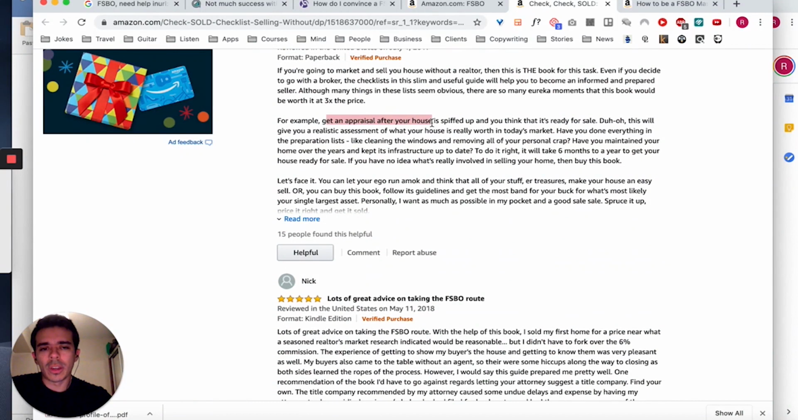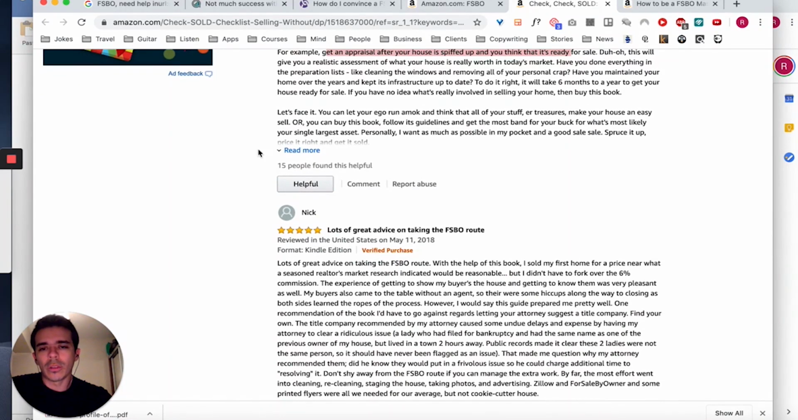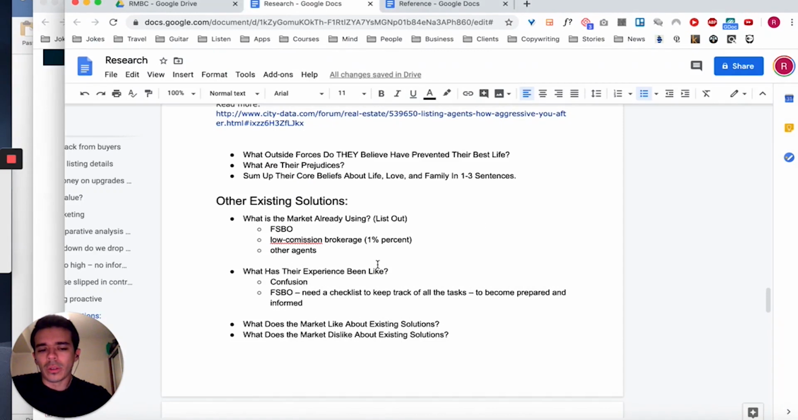After your house is spiffed up and you think it's ready for sale, this will give you a realistic assessment of what your house is really worth in today's market. Have you done everything in the preparation list, like cleaning the windows and removing all the personal items? Have you maintained the home over the years and kept its infrastructure up to date? Let's face it, you can let go of your ego. I would also say there's lots to do